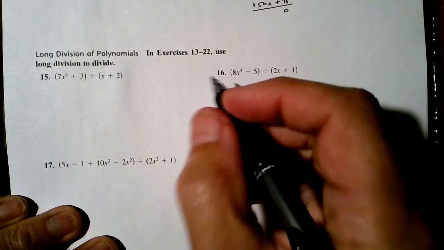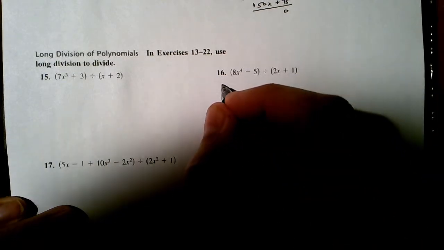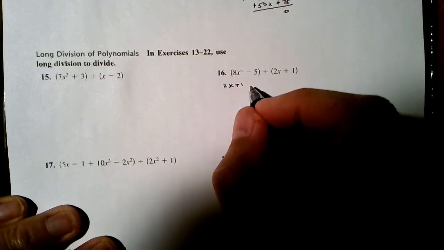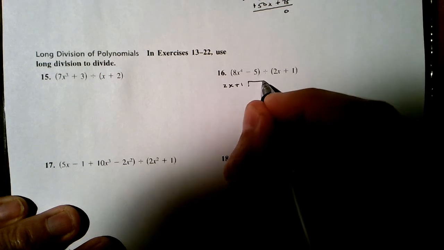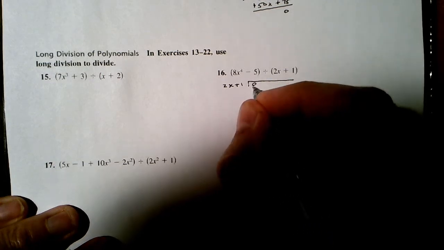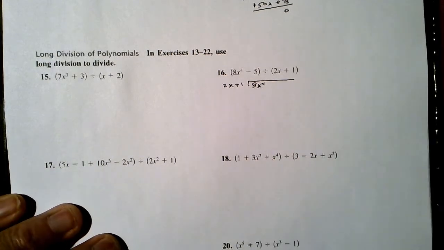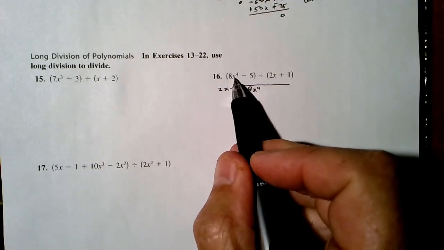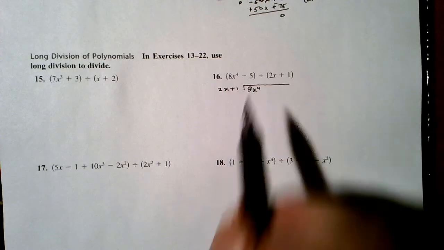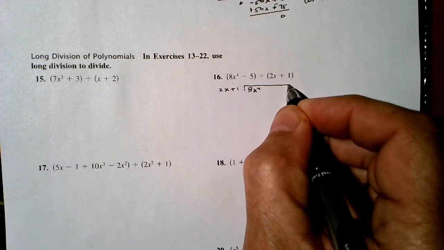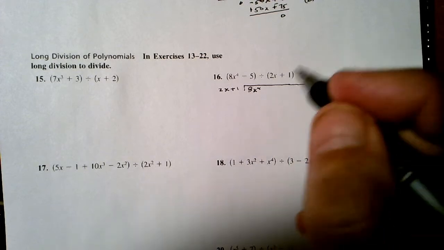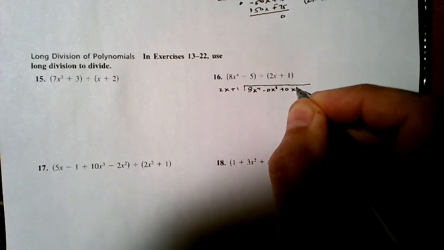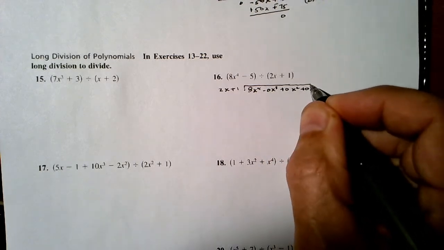So here we're to long divide. So I've got 2x plus 1 going into 8x to the fourth. Now here's where we have to talk about holes in the polynomial. There's a missing x cubed, a missing x squared, and a missing x before we ever get to the 5. We have to include those. So here we go. So plus 0x cubed plus 0x squared plus 0x